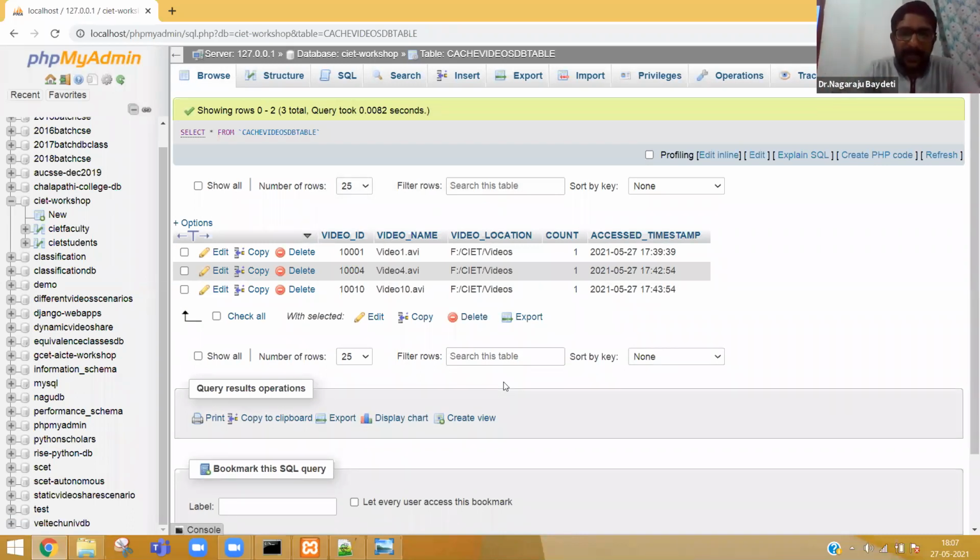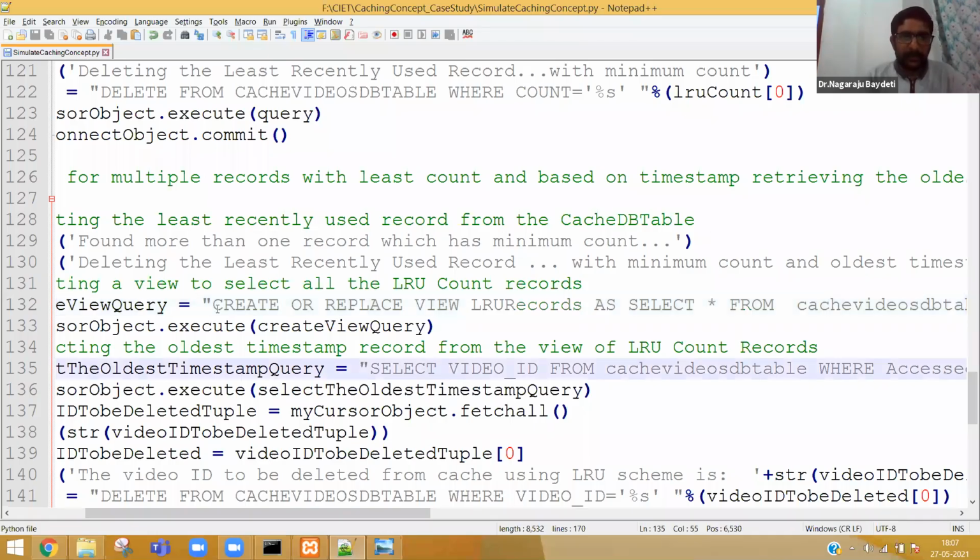So I will create this as a view. From the view, I will extract the access timestamp. Everybody please observe, create or replace view LRU records, least recently used records. That's what I mean to say.